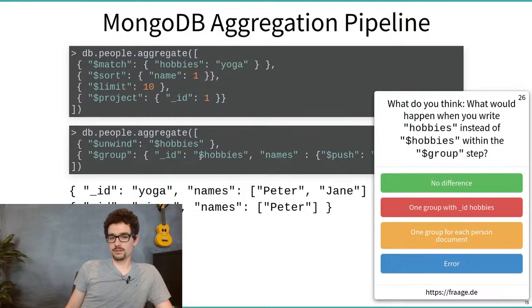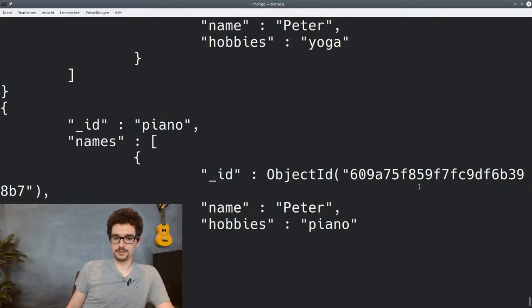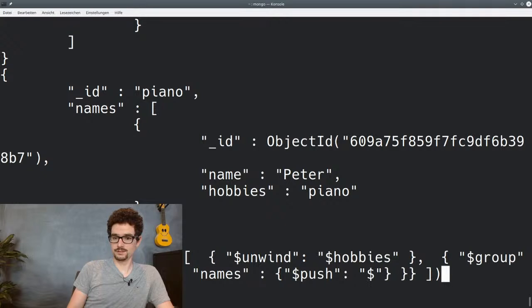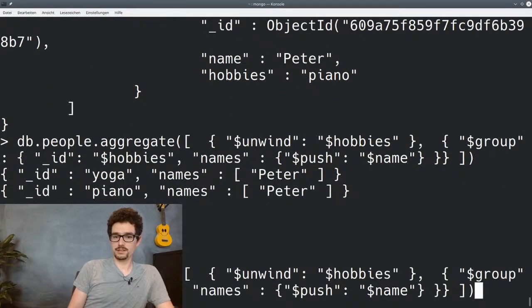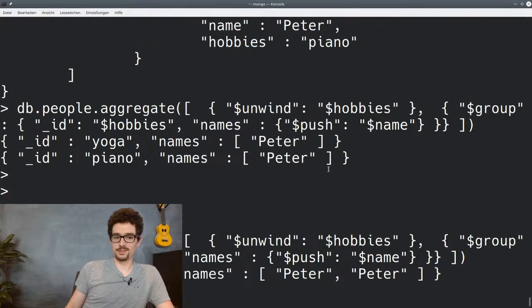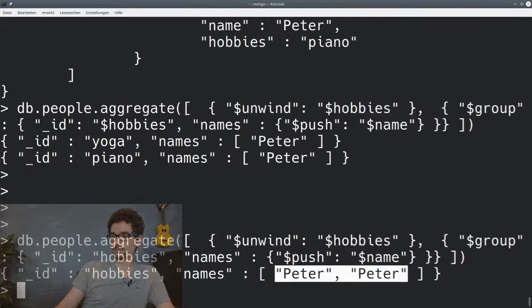And that's why, if I would not write $hobbies, but only hobbies, then the result would be an ID with the key hobbies, and then push is pushing something